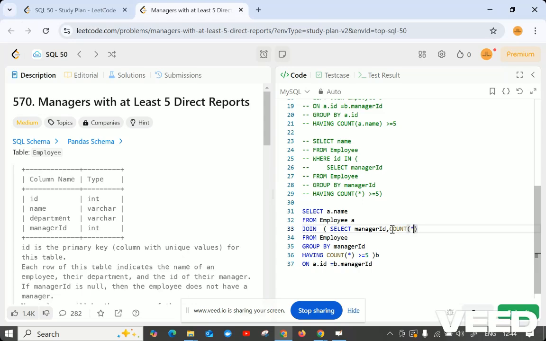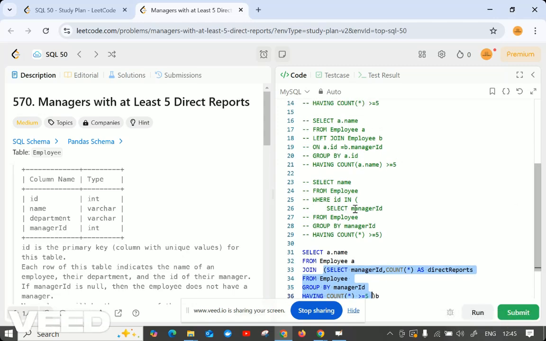count of records which will be there. Here we have a condition also, and group by manager ID is also there. As count, again I give an alias name for this, which is called direct reporting, something like that. So yeah, we are getting this into another table. This condition is getting one table, and when joining that table we get the name, the same thing which we are doing here with the other table. Here also we are getting that by using group by, the same thing. Here we are just getting the count parameter also, but it is not in the where condition, actually it is in the join condition.